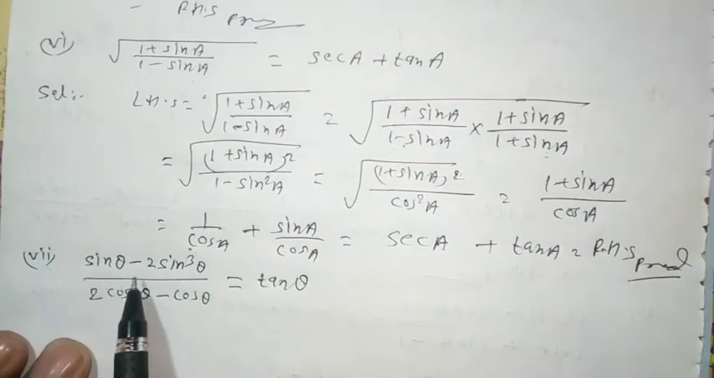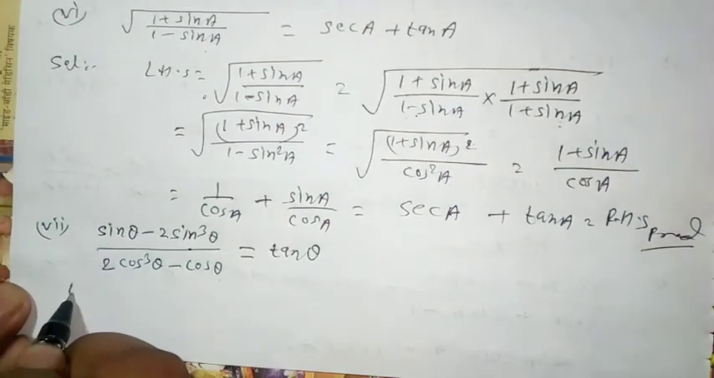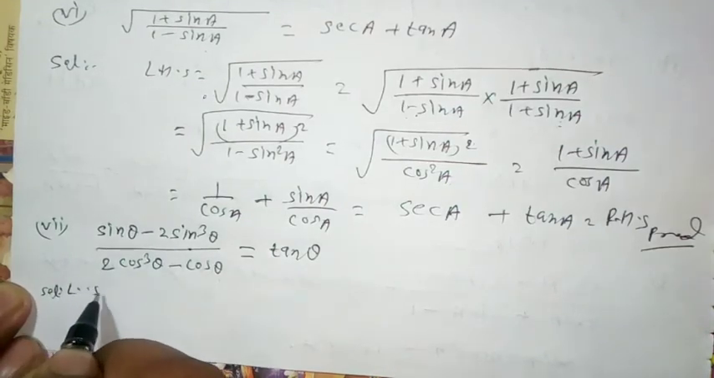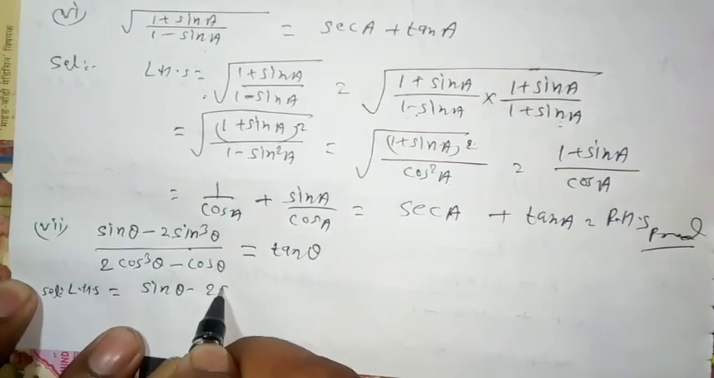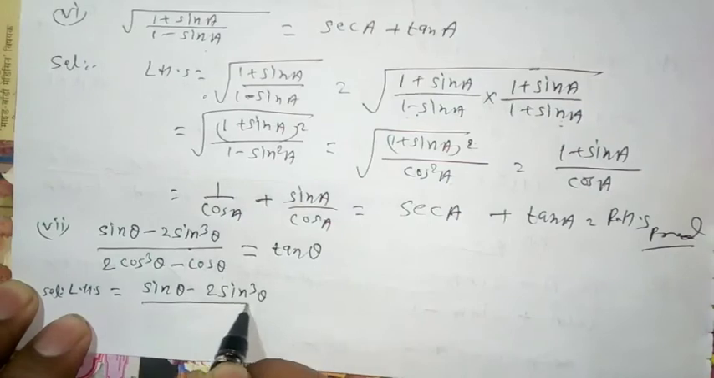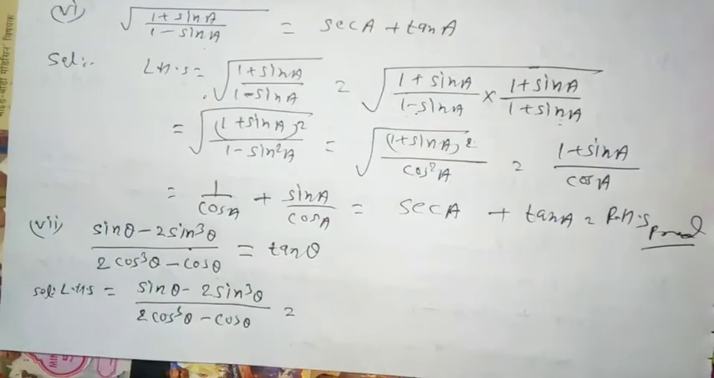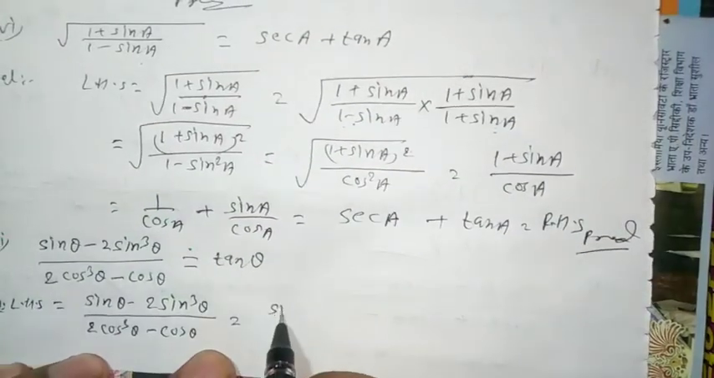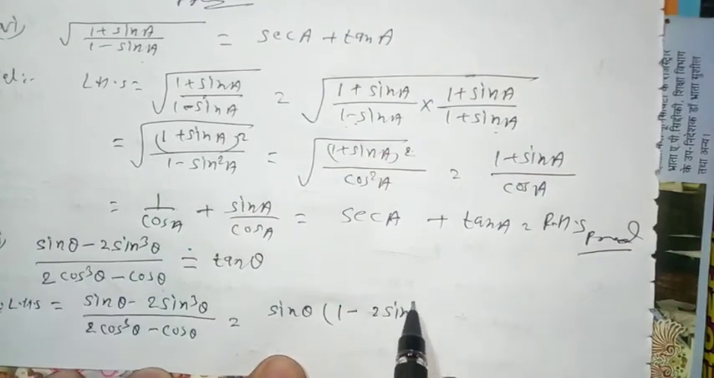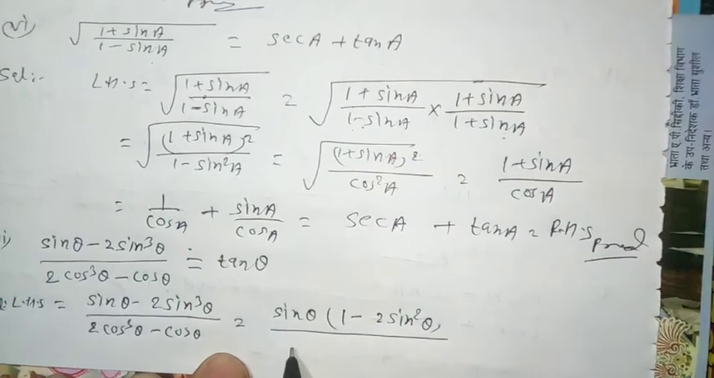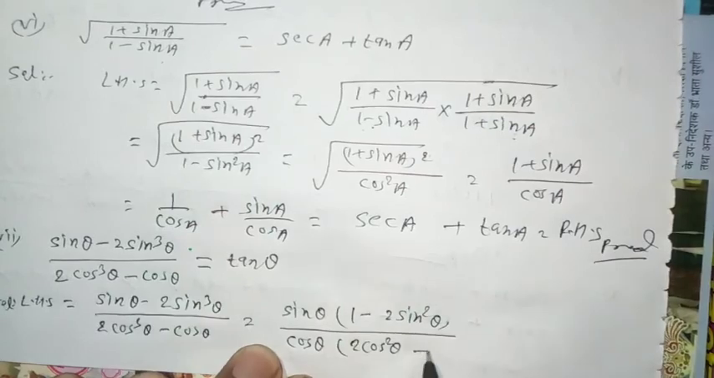Question number 7, sin theta minus 2 sin cube theta by 2 cos cube theta minus cos theta is equal to tan theta. LHS. Solution, LHS is equal to sin theta minus 2 sin cube theta by 2 cos cube theta minus cos theta is equal to, in numerator sin theta is common, then we get 1 minus 2 sin square theta by, in denominator cos theta is common, then we get 2 cos square theta minus 1